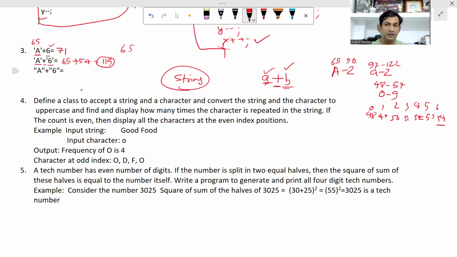ओके, यहाँ पे प्लस ऑपरेटर है, दिस प्लस ऑपरेटर विल वर्क लाइक एडिशन ऑपरेटर बिकॉज नन ऑफ द ऑपरेंड इज स्ट्रिंग, दोनों में से कोई भी ऑपरेंड स्ट्रिंग नहीं है, तो इट विल वर्क लाइक एडिशन ऑपरेटर। अब यहाँ पे आते हैं, देखो हियर बोथ आर स्ट्रिंग, एक भी स्ट्रिंग होगा तब भी कॉन्कैटिनेशन की तरह काम करेगा, यहाँ पे दोनों स्ट्रिंग है तो कॉन्कैटिनेशन की तरह काम करेगा, तो मतलब अब दोनों वैल्यू ऐड नहीं होगी, कॉन्कैटिनेट हो जाएगी, मतलब ज्वाइन हो जाएगी, कॉन्कैटिनेशन का मतलब ज्वाइनिंग होता है, तो ए और 6 ज्वाइन हो जाएगा और ए 6 हो जाएगा, यहाँ पे दोनों ज्वाइन हो जाएंगे। ठीक है, तो दिस इज द कॉन्सेप्ट, प्लीज रिमेंबर इट।